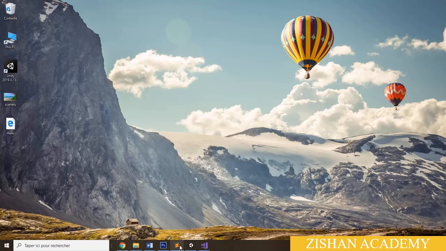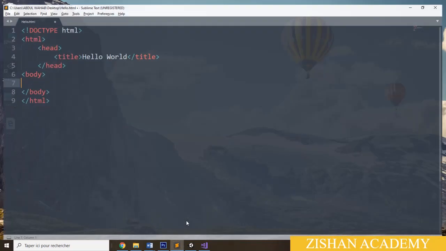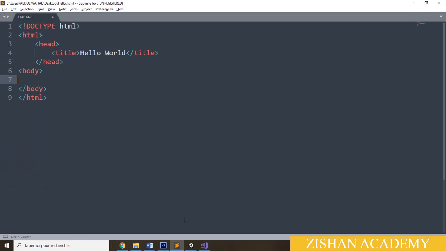Now we will go to the Sublime editor. Now we are going to see absolute URL. From our HTML page, we will open some absolute URL, that is some of the websites, just like Google, Yahoo, or whatever you want. If you click something, then it will open your Google or Yahoo website.